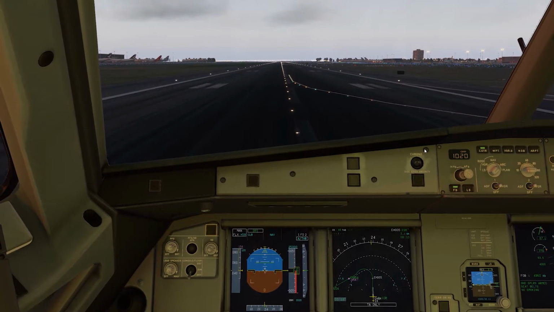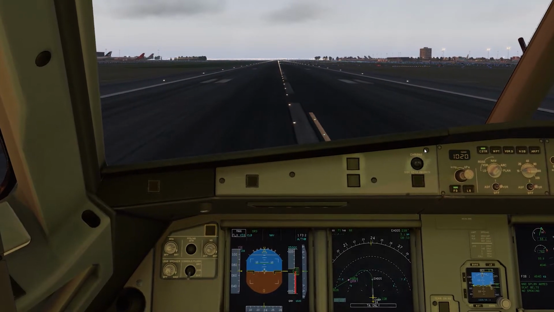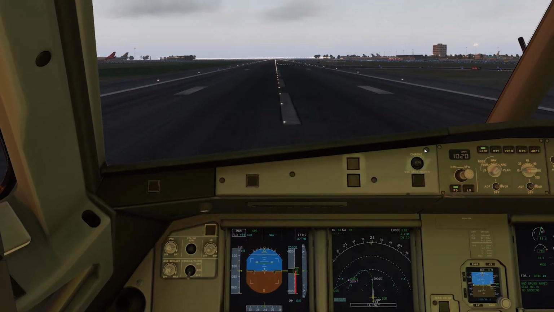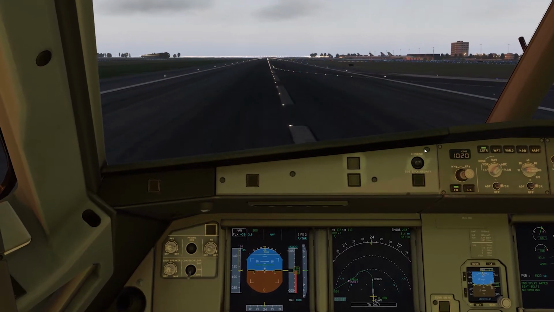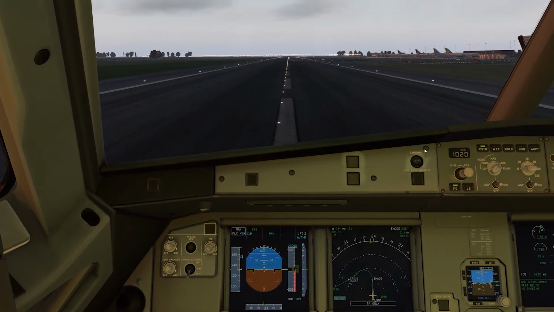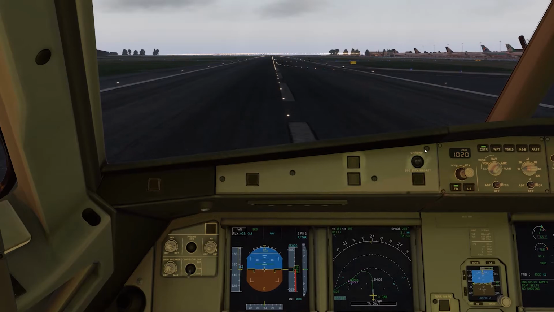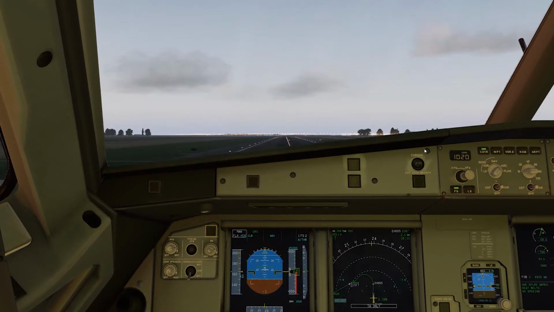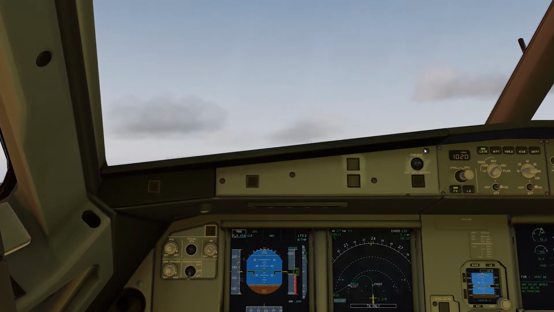Using my rudder, I'm keeping the aircraft on the center line. Make sure that you make only very small movements, as it is very sensitive. Once we reach our VR speed, our rotate speed, I will pull back on the joystick very slightly until I see that the aircraft comes off the ground. That's V1, and rotate. Back slightly, and once it's off the ground I can pull it further to 15 degrees